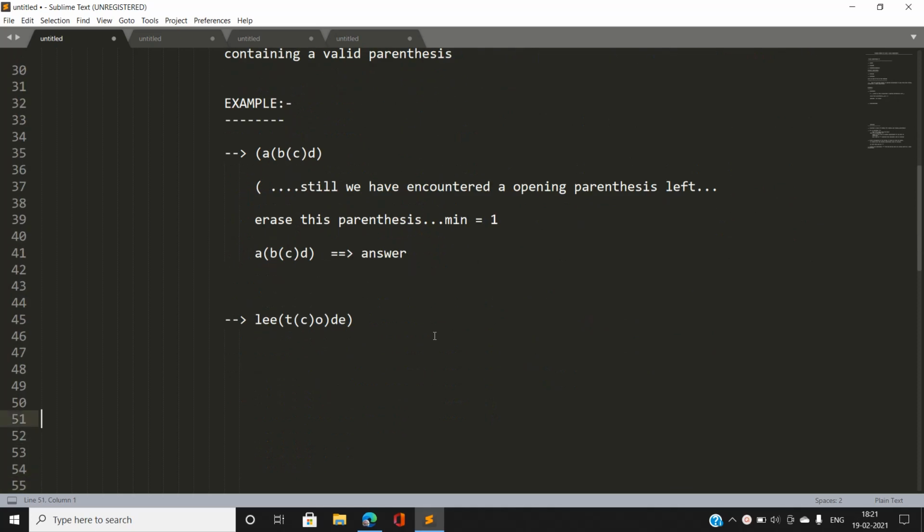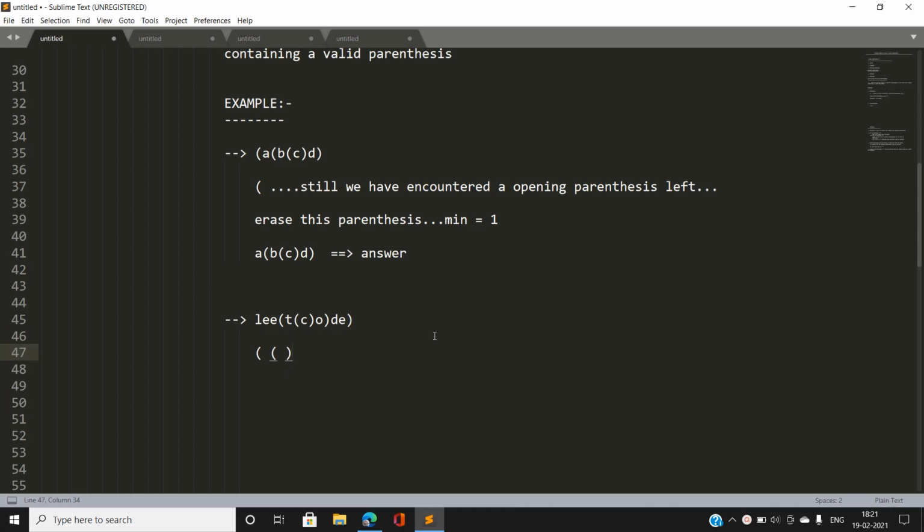I have taken this example from the problem statement. Similarly, I am not going to consider any characters. Let's take the first parenthesis. Now you can see I have T, which I am not going to consider. Then I again have an opening parenthesis. Then I have C, which I am not going to consider. Now note that we have a closing parenthesis. If we consider this closing parenthesis, it will make a valid pair of parentheses, so I am going to erase this.